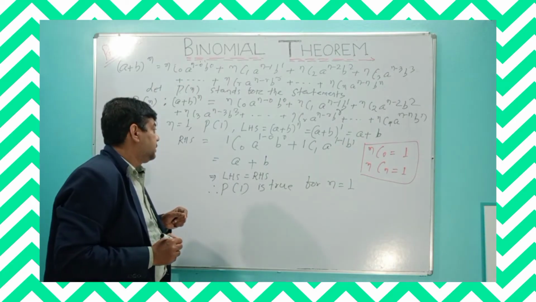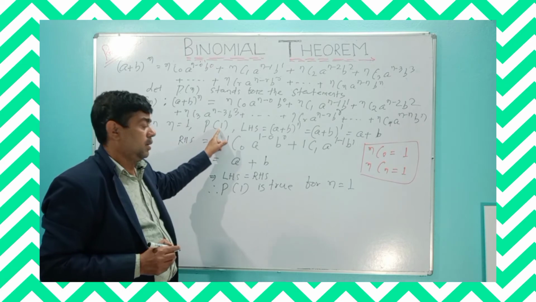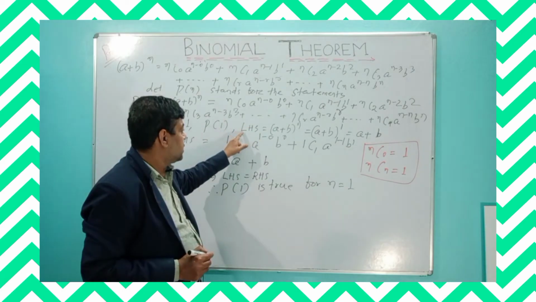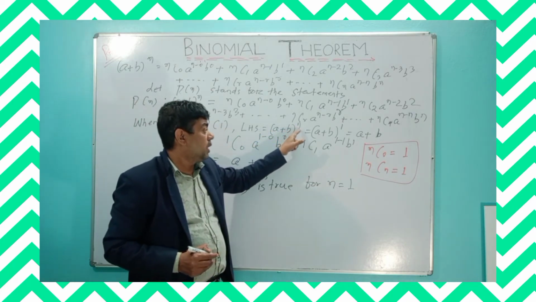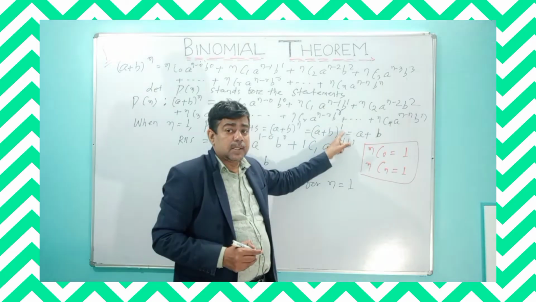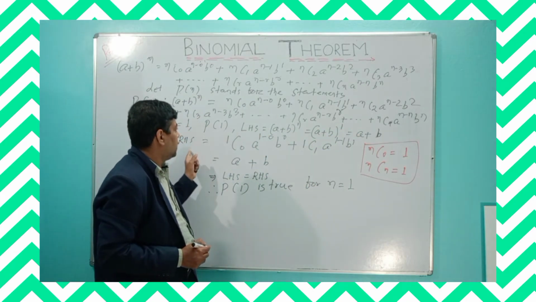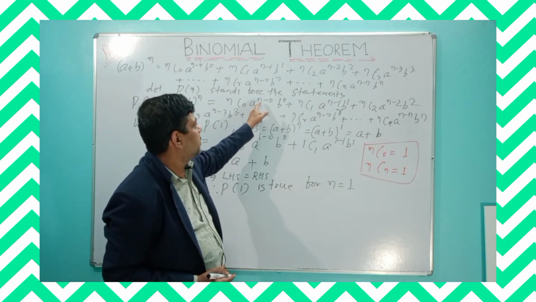Once again see, for n equal to 1, we have to see whether P(1) is true or false. Here the LHS is (a + b)^n, which means a + b, in place of n we write 1, which is a + b. And the RHS, what is the RHS? You see nC0 a^(n-0)